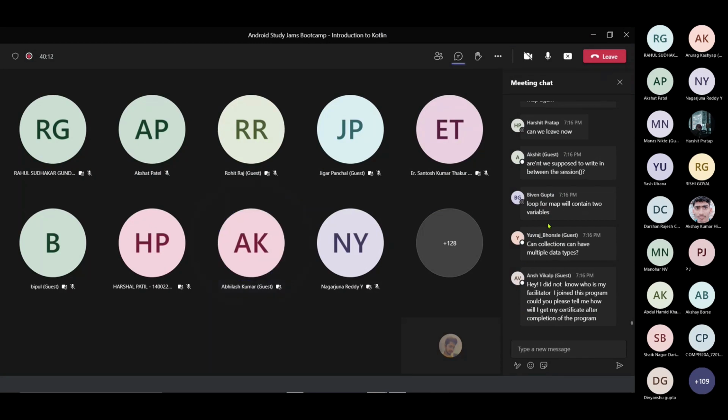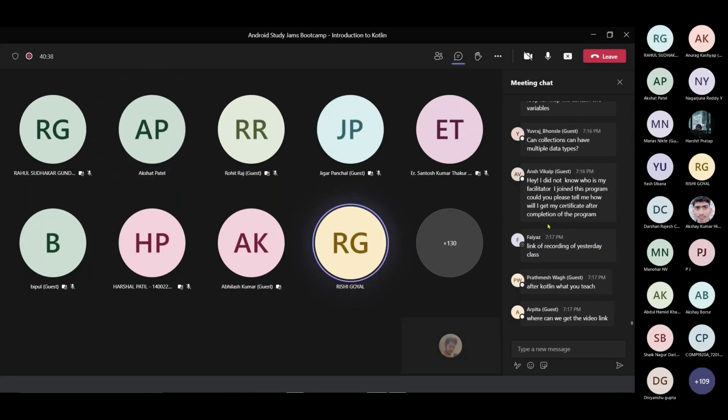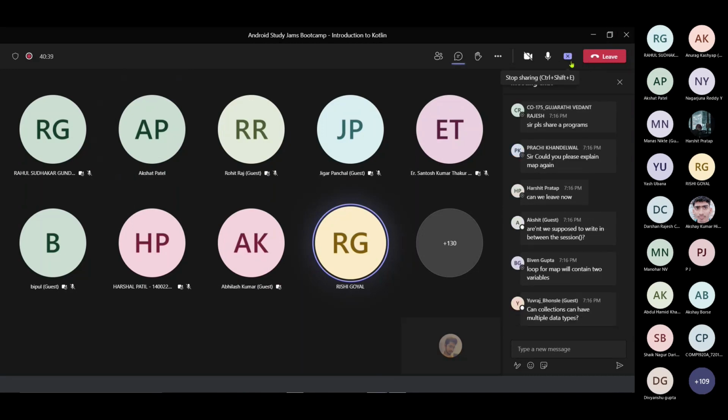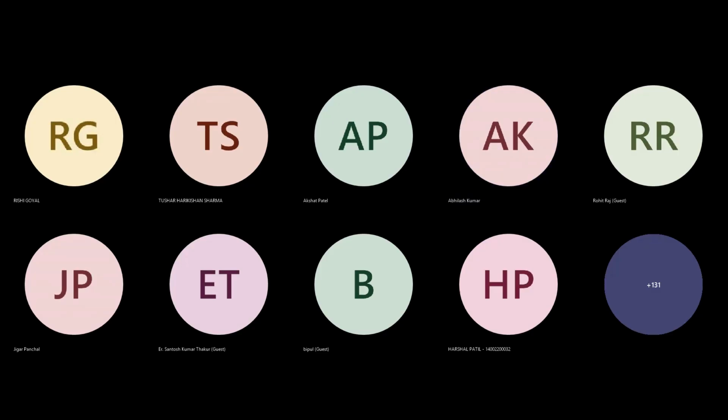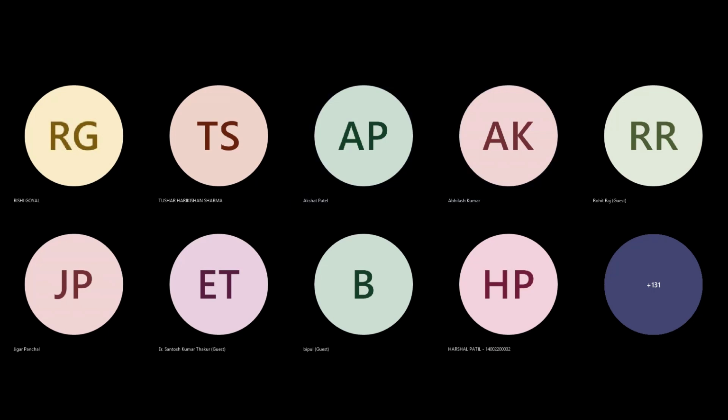Akshat, is there any attendance sheet? I'll have the option to download the attendance list, and I will download it and send it to you. There is no need for attendance, because if you contact your faculty and you are enrolled in Android Study Camp, you will definitely get a certificate. Not to worry if you haven't done anything. These sessions are just helping you a little, because we know that by reading only you cannot understand everything. So we are holding these sessions so that you can have knowledge and see the live working of all the things. Any problem getting the certificate?